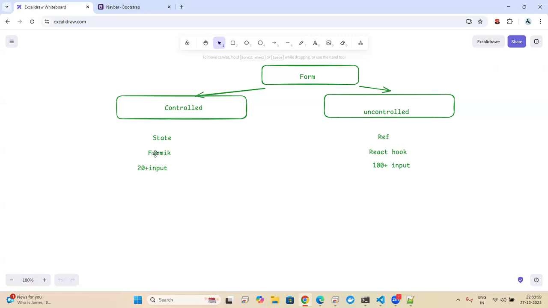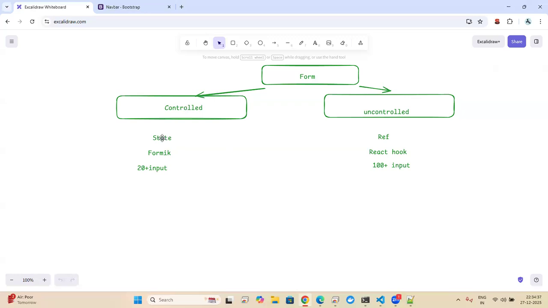And useState is also used in Formik. Suppose we have Formik. React provides some patterns, like some libraries, so Formik is a library. In the Formik condition we can use useState. You can forget this for now, because it would be confusing; Formik is a big topic in detail, and reactive forms are also a big topic. So understand only this: in the controlled form we can use useState,